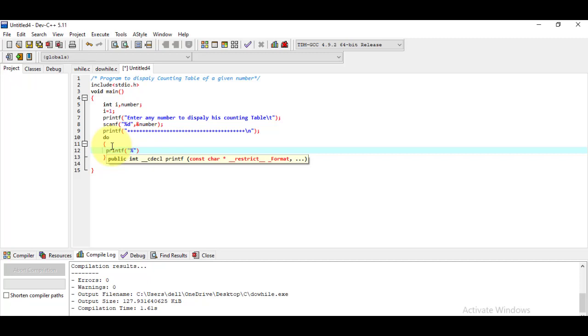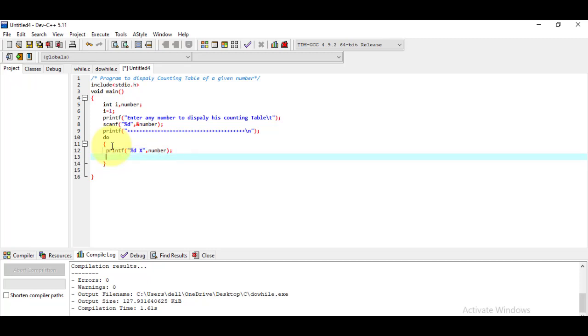For that I'm using the %d format, and I just wanted to display a multiplication sign. So for the multiplication sign I'm using capital X to be displayed over there as a multiplication symbol. Then here we have to put the comma and give the reference of the variable whose value we wanted to display. So that is my number.